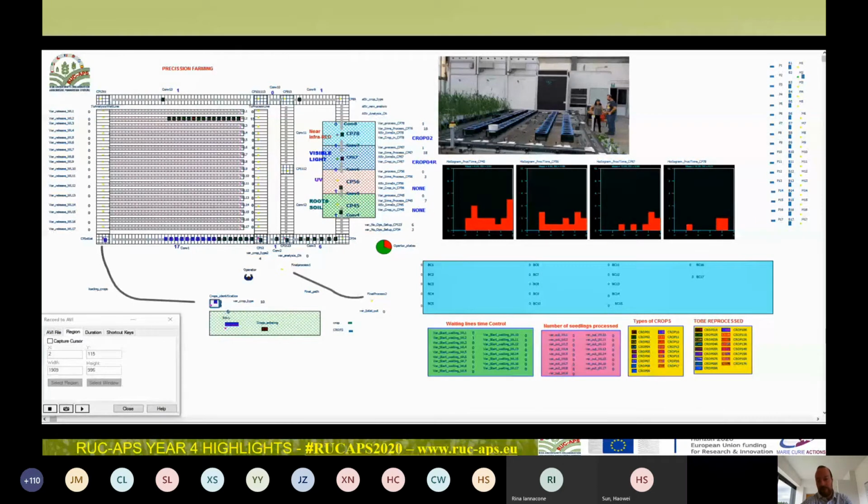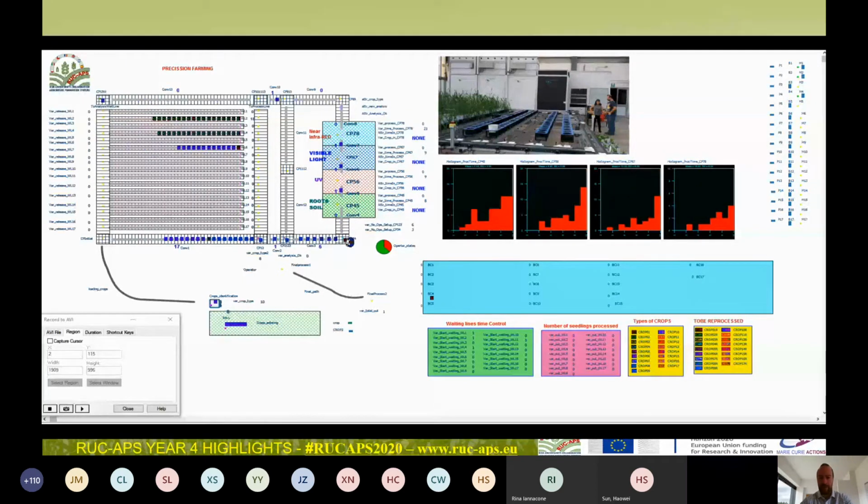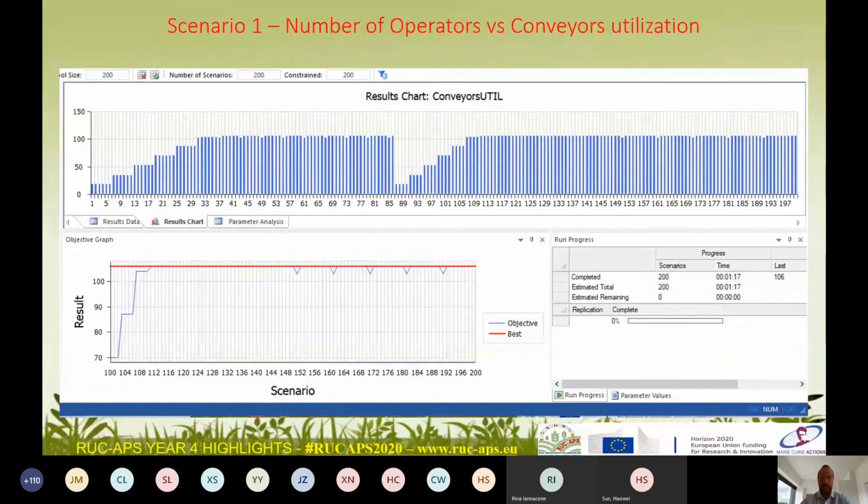But basically, one of the questions in this case is to understand how much labor we should consider for this, how often, and how many pots we can produce. So in practical terms, you can see that the tool shows us in real time what is really happening across the whole process, and that helps the expert, again, to understand how this works. So this tool gives us the possibility to run several scenarios in order to find the optimal condition, especially for how many